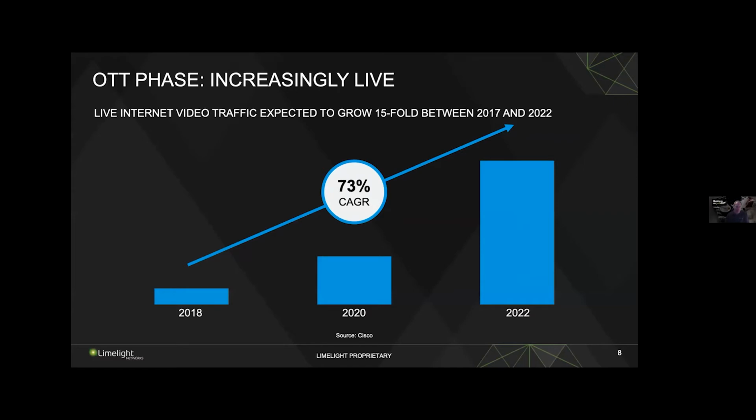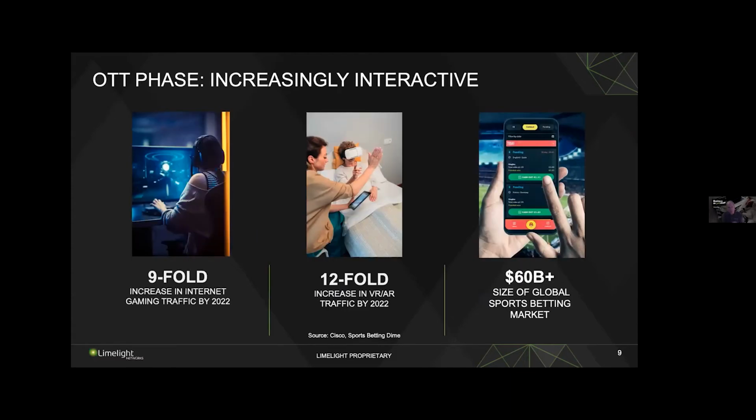And if we think then also about the live side of things and interactivity, whilst we can look at all of the numbers of growth in the OTT world in general, live and event-driven traffic is one area that looks like it's really going to grow fast and continue to grow fast. And what's different with live traffic, of course, is that it's about interactivity. So 3 examples here: gaming and live gaming, and interactivity with live gaming is a highly interactive environment.